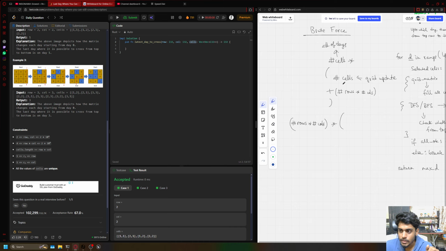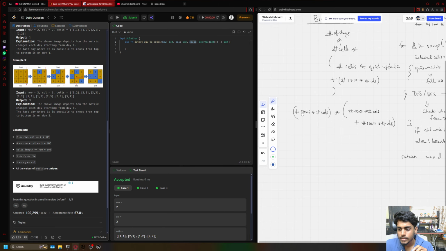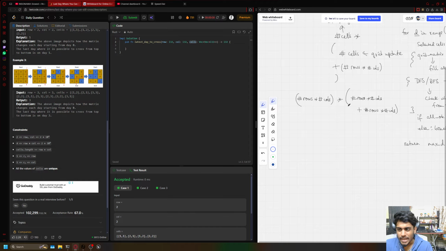Times, again, number of cells I can replace with rows and columns. Then there is again rows and columns. So this will be two times, and basically I'll be doing rows times number of columns